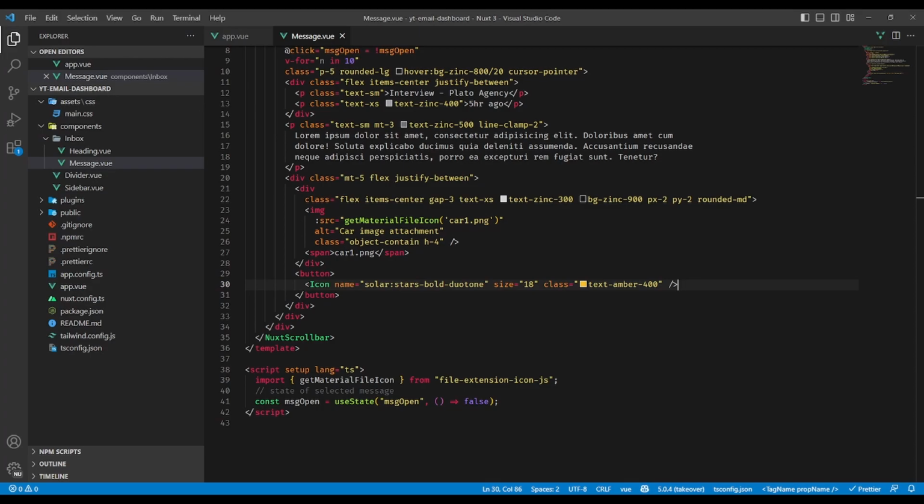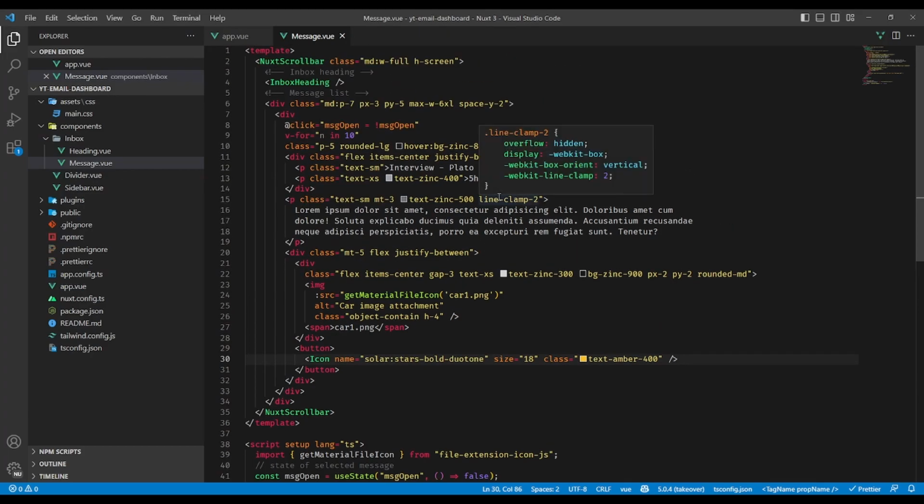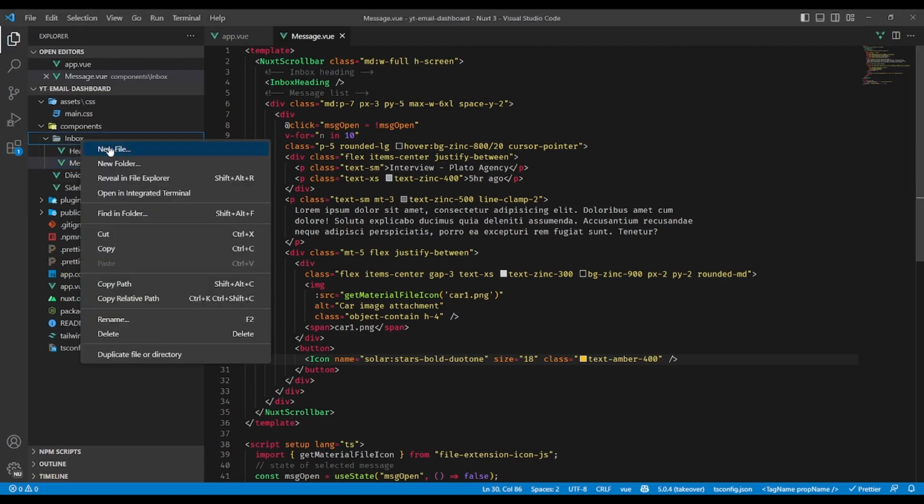Now, that would be it for the message component right here. Don't think we need to add anything else. So next up, we are going to look at adding the details of each message, right? Now, to accomplish that, we're going to create another file